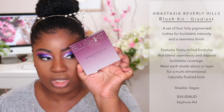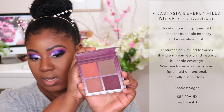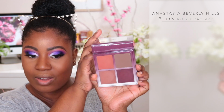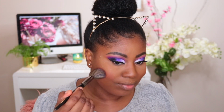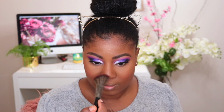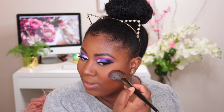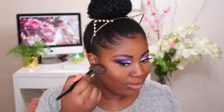So you guys would have seen in my recent haul video that I got the Anastasia blush kit. This is in the shade, in the kit Gradient. And it looks like this. And that gray is weird. Hella weird. It's just weird. I think for this look, I'm gonna go into this shade here. It's such a nice blush palette. It just gives that